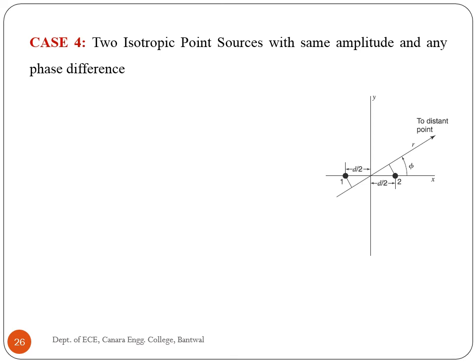When two isotropic sources are placed symmetrically with respect to the origin so that they are separated by distance d and have any phase difference, then phase angle xi is equal to beta d cos phi plus delta. Then total electric field